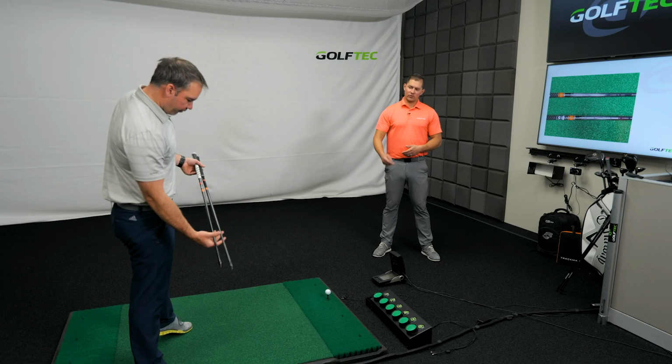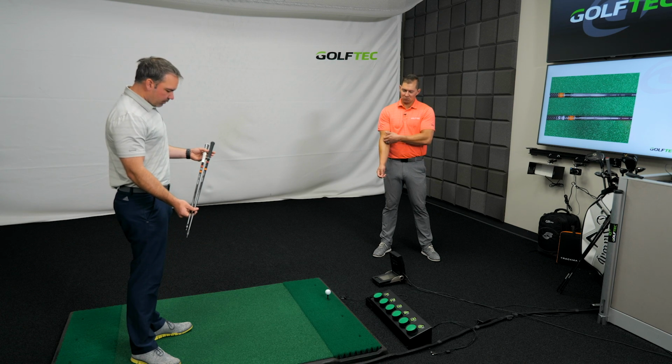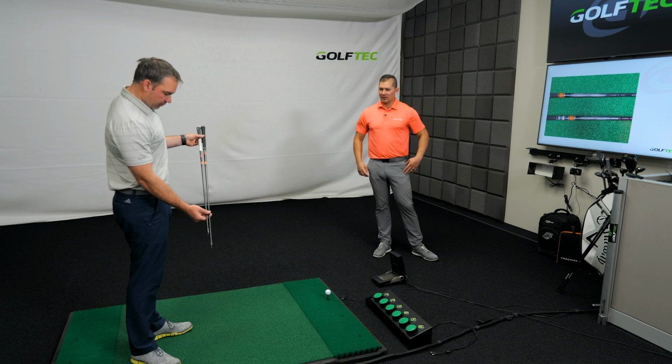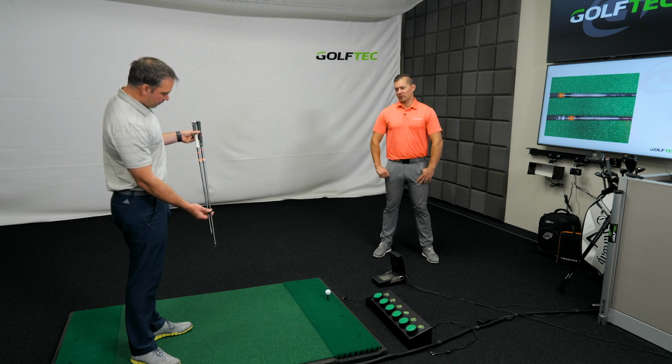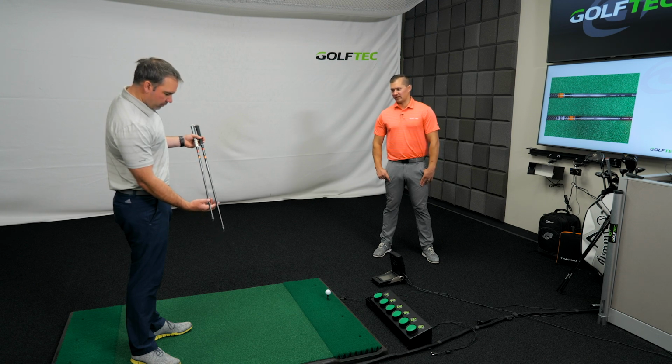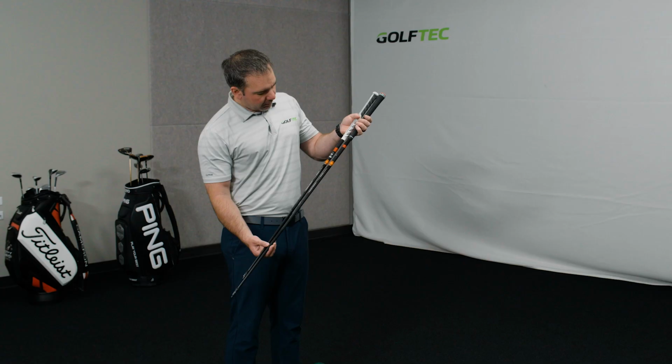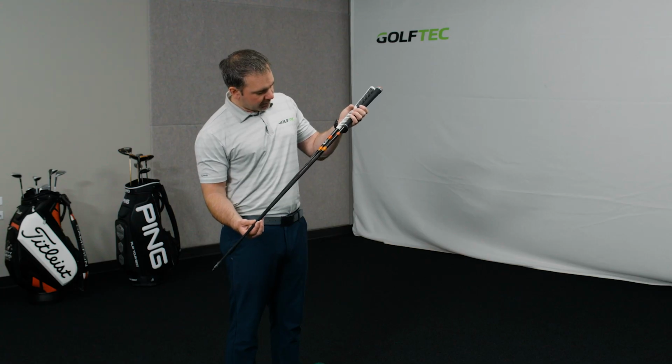But now you have two that are painted very much the same. So the orange paint is the exact same color. The shaft is black the whole way through, but just like the other shafts we've seen, there is one, actually even two, kind of telltale signs on that particular one that differentiates the two. That's going to be another small logo, just like we saw in the past, up towards the butt section of these ones. So this one has the W tungsten,